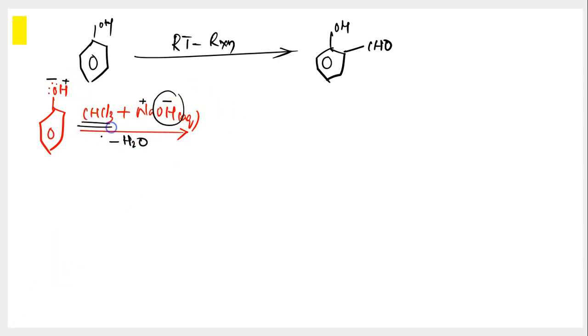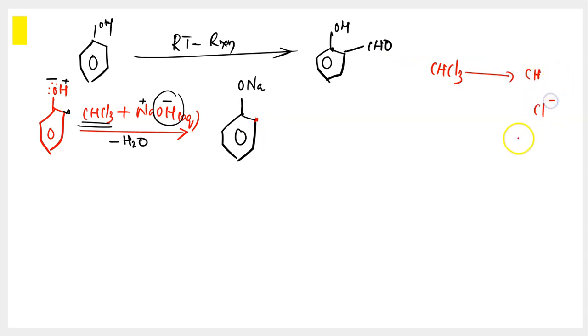So now the CHCl3 which is used would be attacking at the ortho position. It will first turn itself into an electrophile and then it would be attacking the ortho position of phenol. But before we could talk about the attack, first let us write what happened at the hydroxy group. It is ONa. Na attacked the oxygen, so you have a phenoxide ion formed. And now the chloroform CHCl3 attacks the ortho position. CHCl3 would be losing one of its chlorines in the form of Cl minus. So you will be having CHCl2 plus. CHCl2 plus is an electrophile.